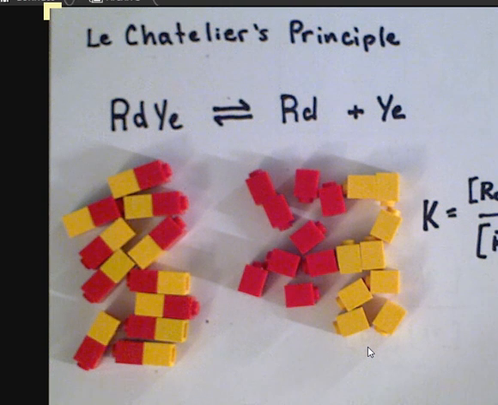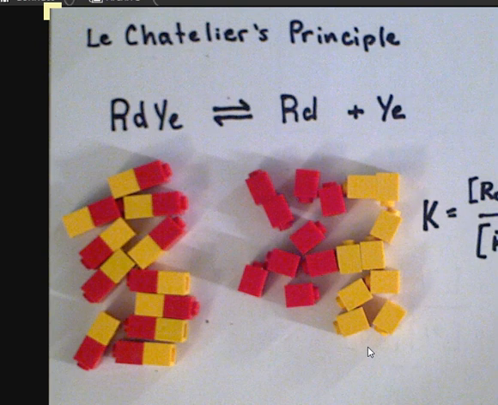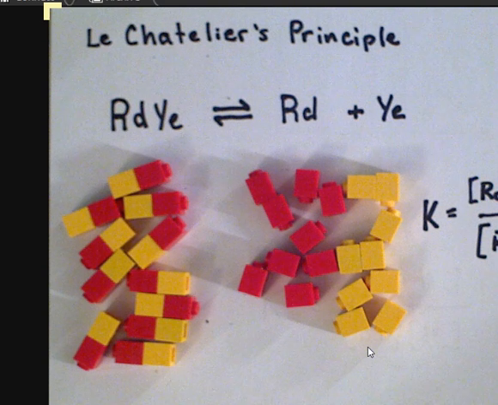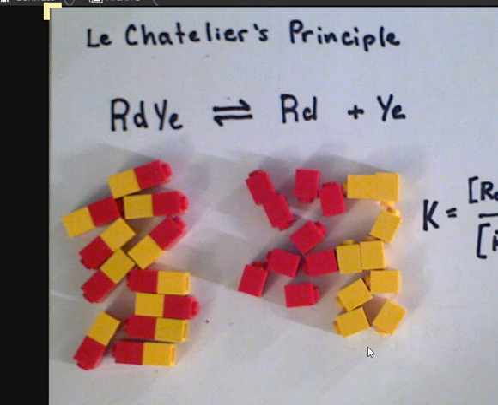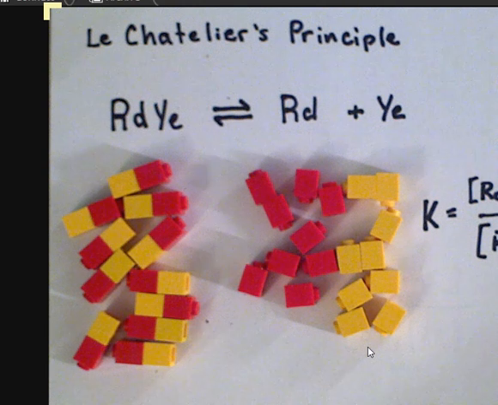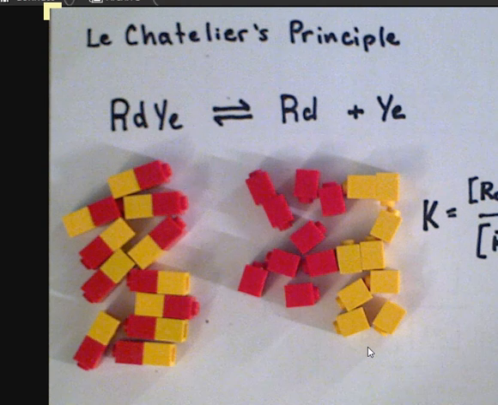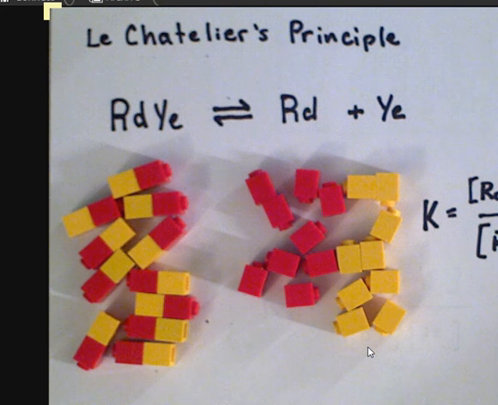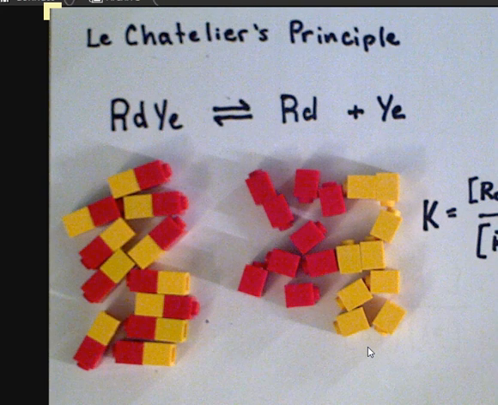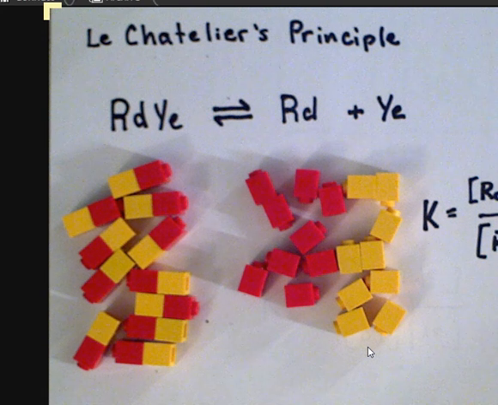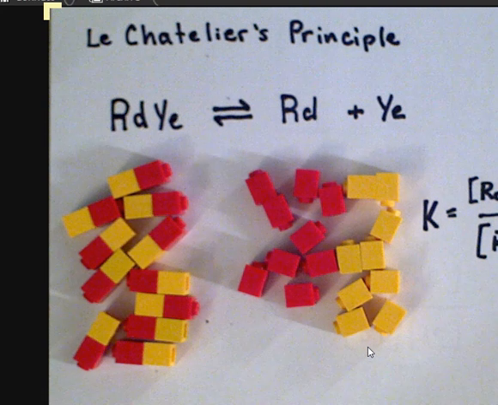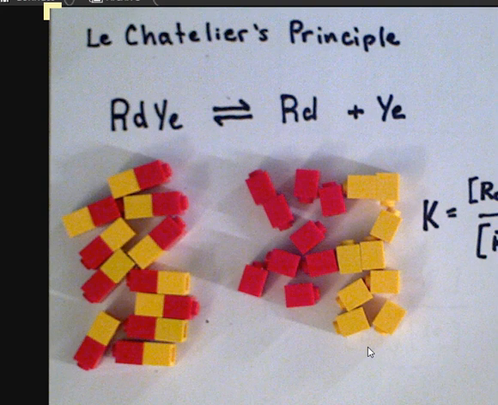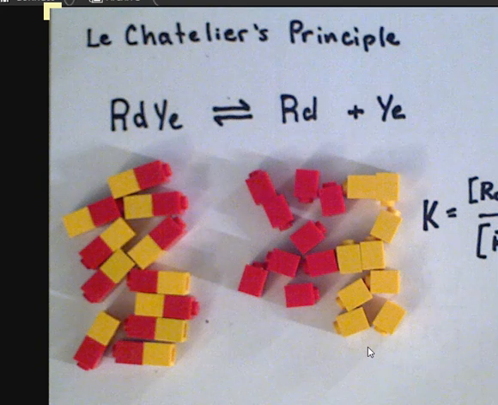So this is Le Chatelier's principle. You take a system that is in equilibrium, you create some kind of a disturbance. We'll talk about some other disturbances here in a moment. But you create some kind of a disturbance, an alteration to your system at equilibrium, and the reaction progresses in such a way to restore equilibrium. Okay? So let's take a look at that in terms of actual reactions. And we'll talk about some of the different ways that we can affect a system in equilibrium.